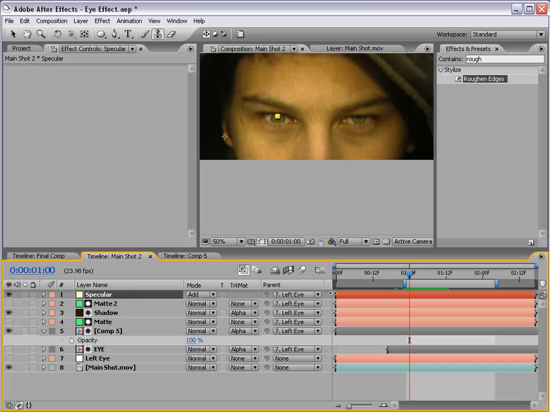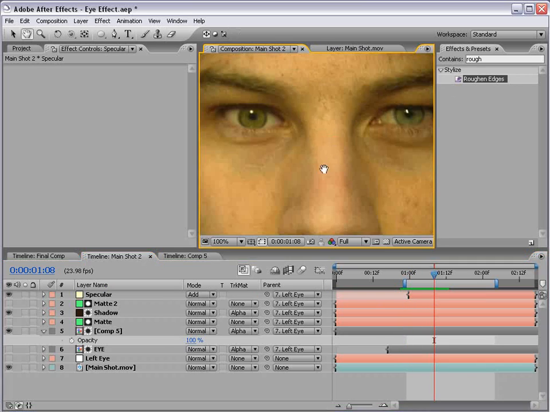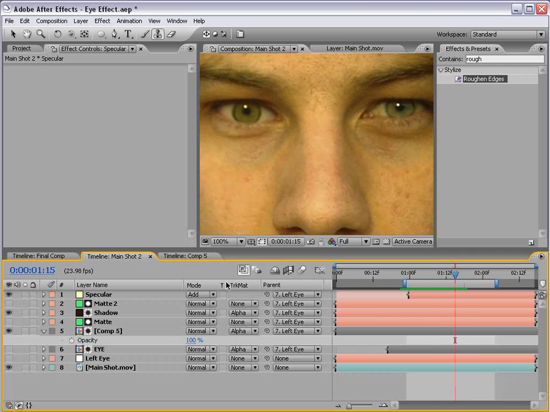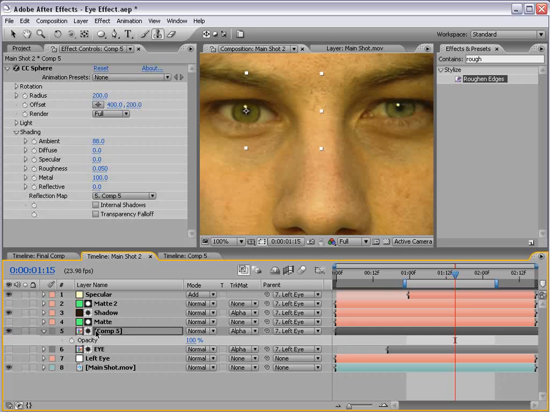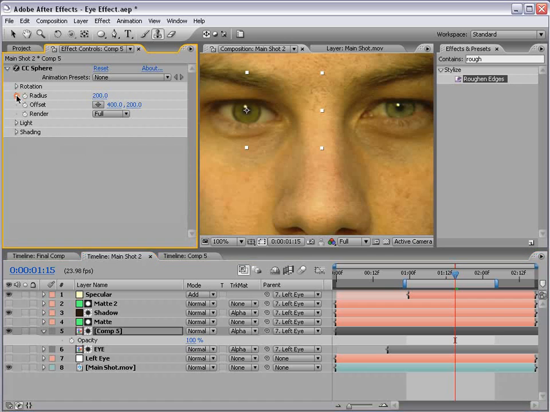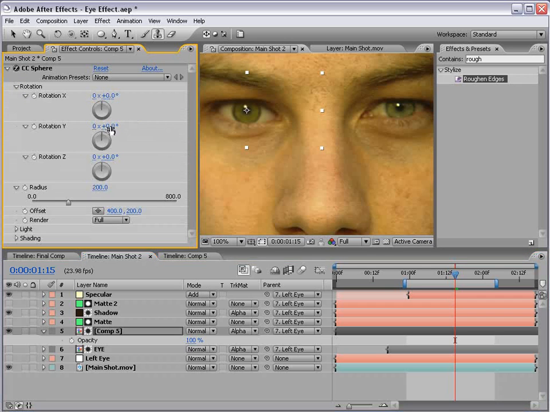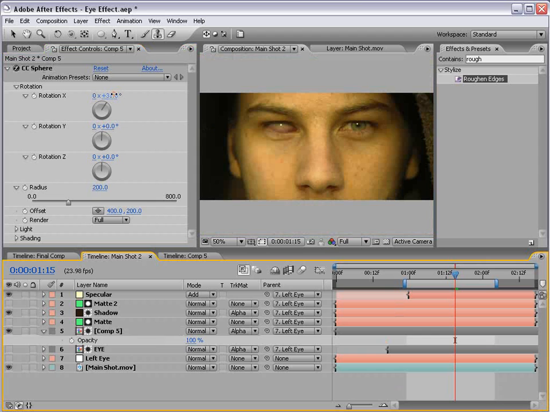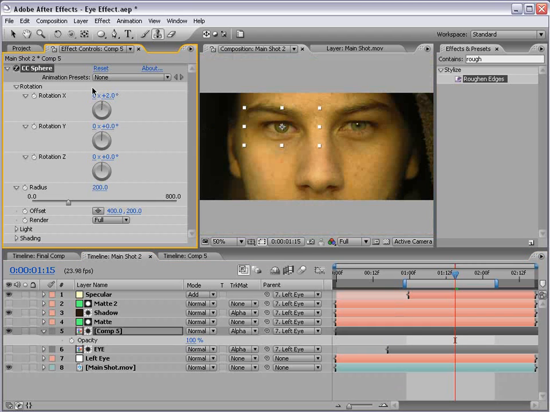Actually, we'll turn the specular off at this point so that it shuts off. So now we have our fake eye, and now we can do cool things with it. Let's touch on a few different possible ideas. First of all, you want to position it into the right place. Play around with that, but once you get it right, you can now control the rotation of the sphere. So I can rotate it and create some funky looking effects that look pretty believable